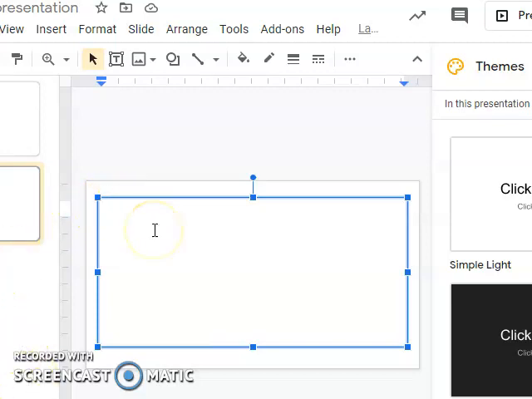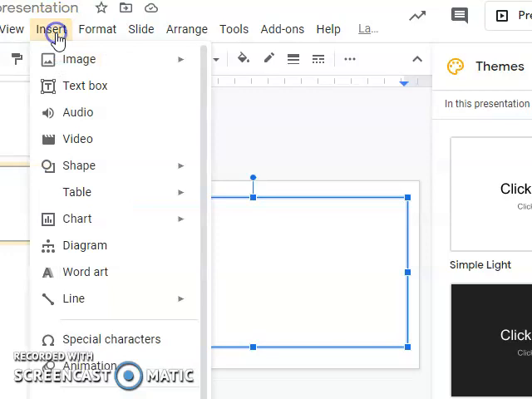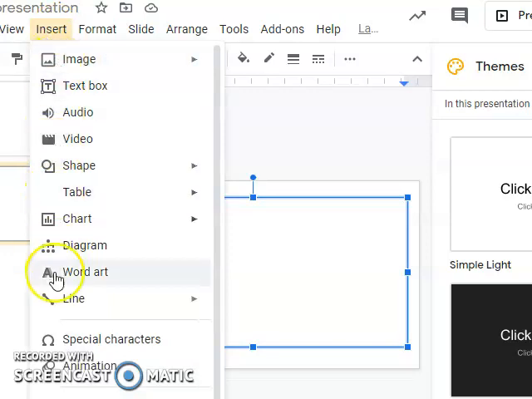I am going to show you how to add the division symbol in a Google Slide today. So let's say I'm going to put 375 and I want to say divided by 5. So I've typed my 375, then I'm going to go up to Insert, and we're going to go down to